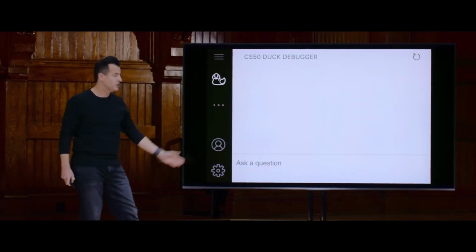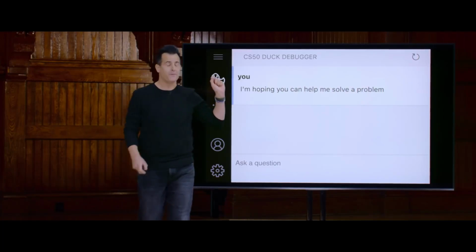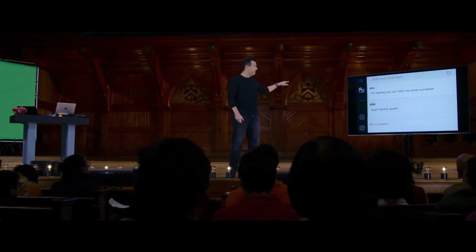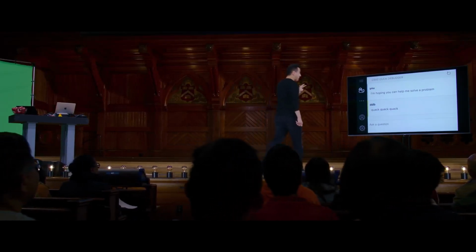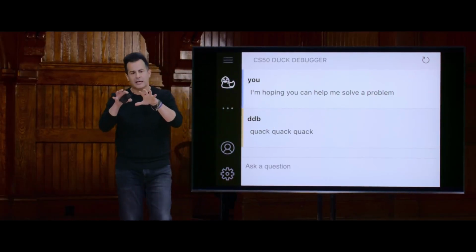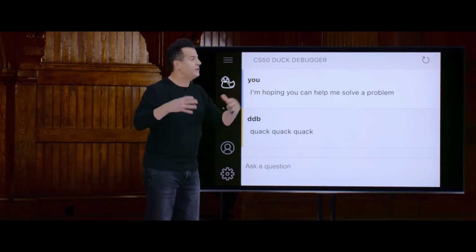And if students had a question, they could simply type into the chat window something like, "I'm hoping you can help me solve a problem." And for multiple years, all the CS50 duck did was respond with 1, 2, or 3 quacks. We have anecdotal evidence to suggest that that alone was enough for answering students' questions, because it was in that process of actually typing out their confusion that you realize, oh, I'm doing something silly, and you figure it out on your own.